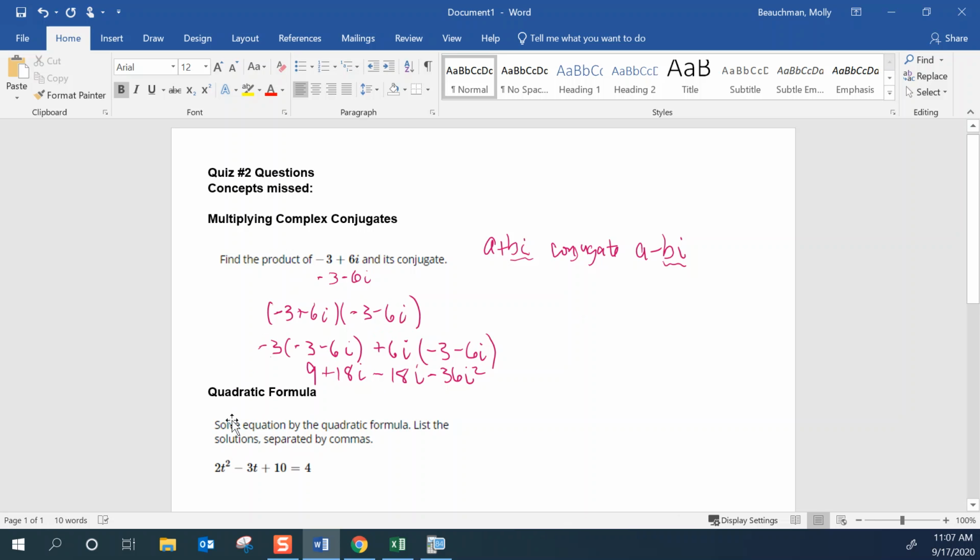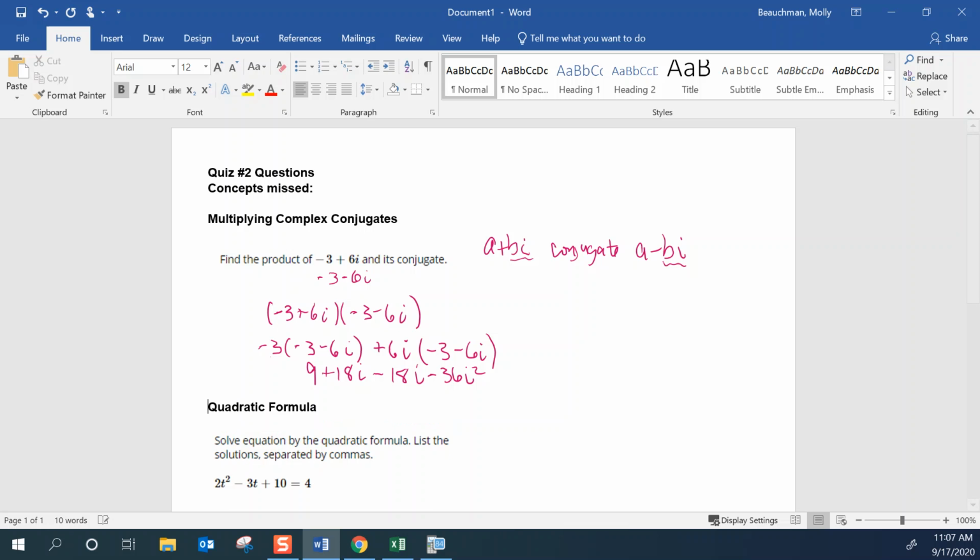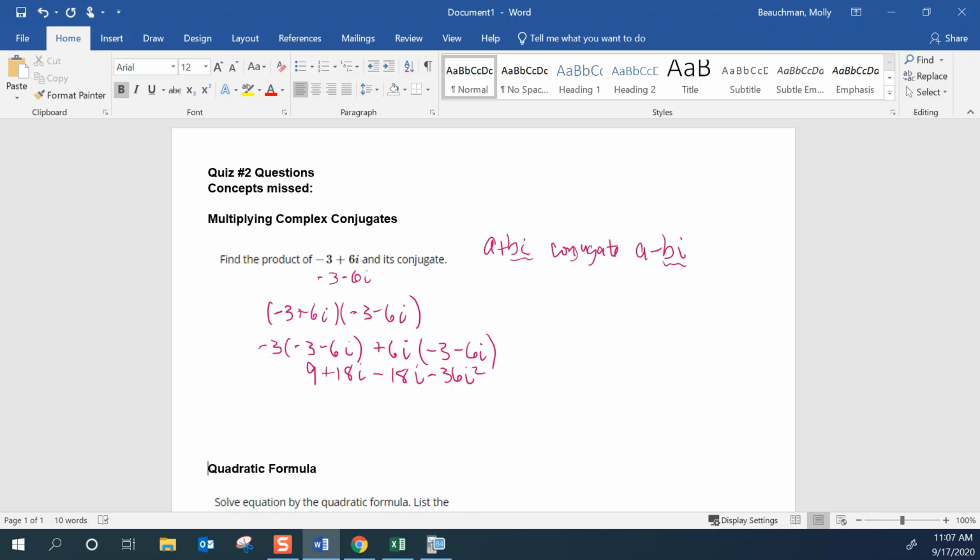Now from here, we simplify. I just want to get a little bit more room. Simplifying, the 18i and the negative 18i cancel each other out. That should happen every time you multiply a complex number and its conjugate. The middle terms will cancel. We have i squared. Remember that the imaginary number i is equal to the square root of -1, so i squared is equal to